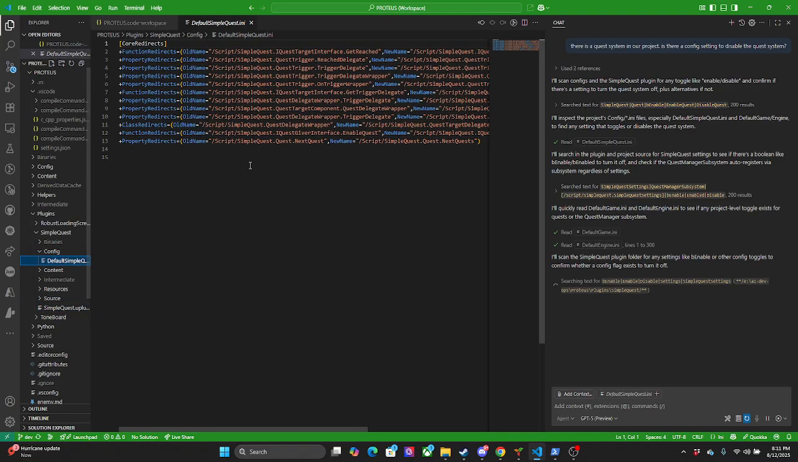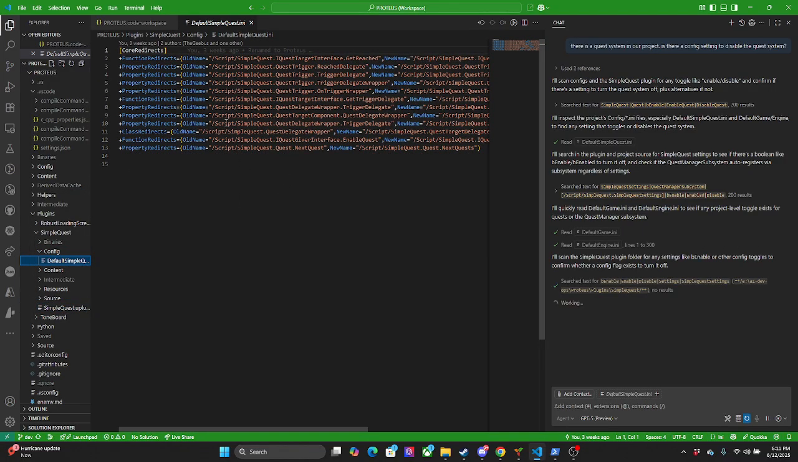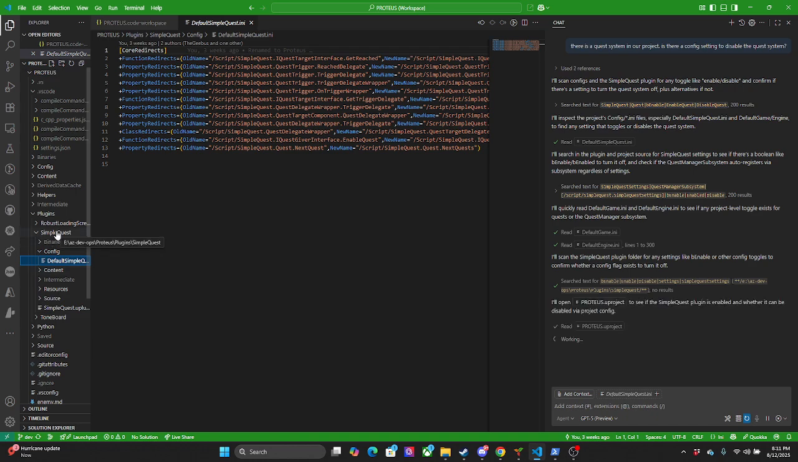config. That's from redirects. I really don't like when people do these redirects. I didn't write this. It's written well. I mean, the guy wrote it, he's talented. It just